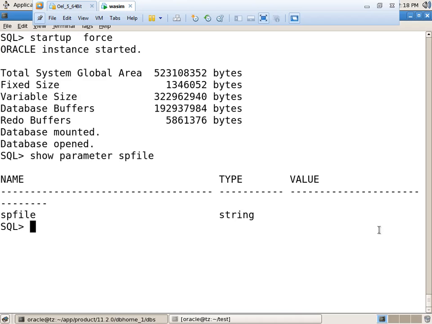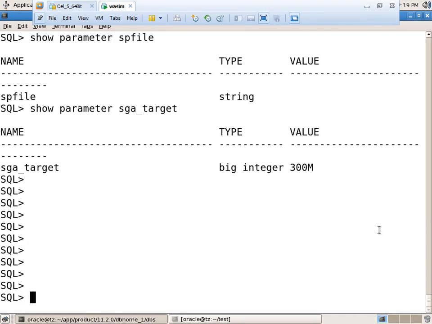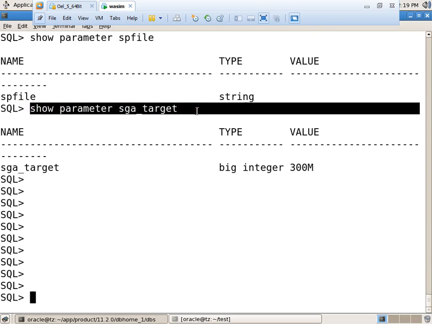Okay. Now I am taking one parameter. Just I am checking show parameter, it is g underscore target. See, show parameter is g underscore target. Okay.